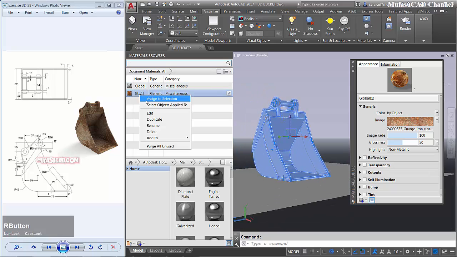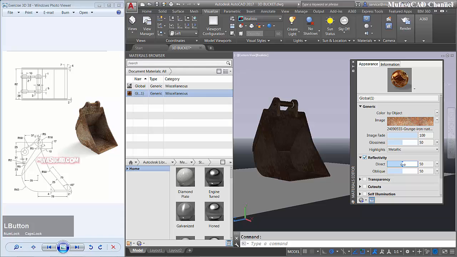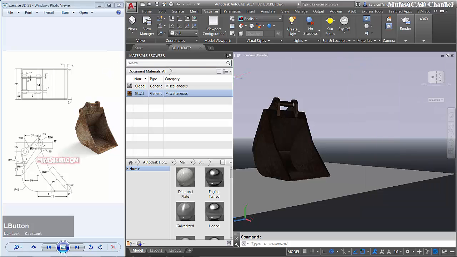Right click and assign to selection. Okay, I will use metallic and activate reflectivity. Okay, I will set it here. Okay, I think it's enough. And close this material.